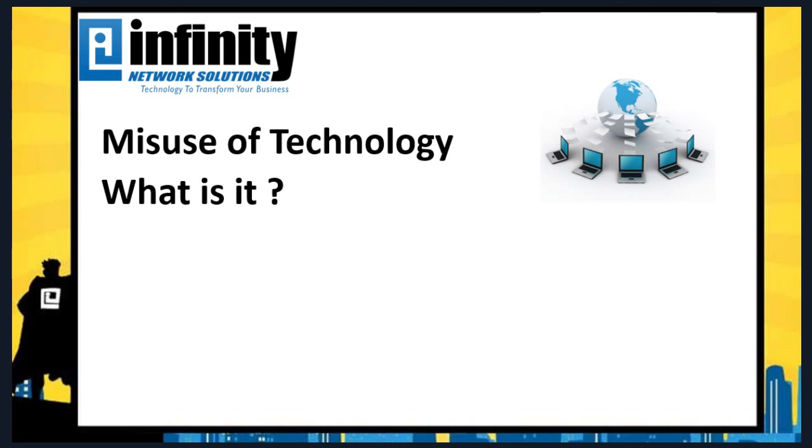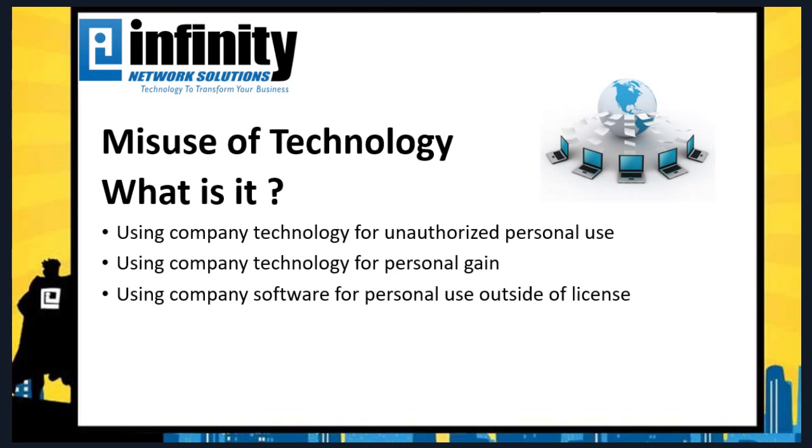Now, there are licenses on different software that do allow for multiple seats. So it's very important to know your software, to know the technology that you're using. Same thing with hardware in your office, like a copy machine. Printing out your church bulletins without company approval is not a good use of the company technology. So there are all kinds of ways where technology can be misused. Using the internet as well, company-provided internet, for illegal purposes.